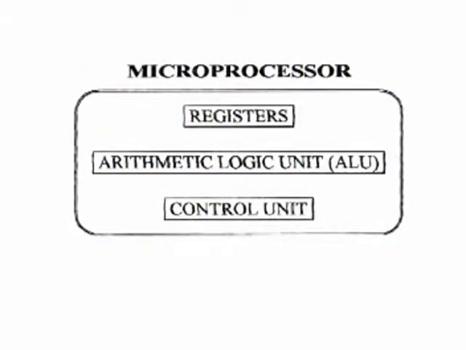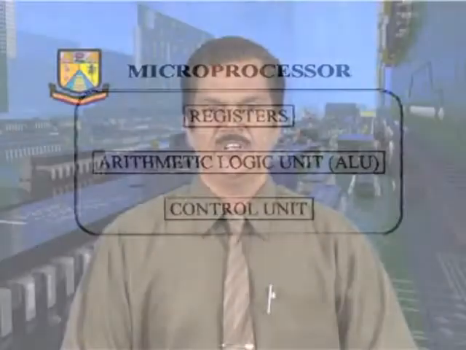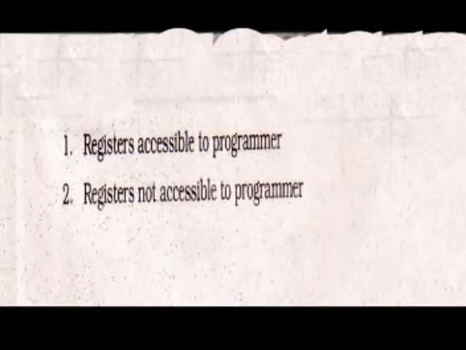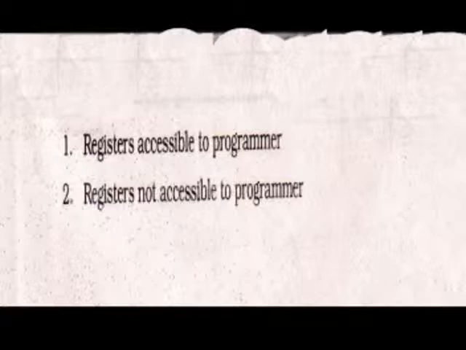One is the registers. You can see this in the second figure. Next one is the arithmetic logic unit, and the third one is the control unit. These are the 3 important units in a microprocessor. If anybody wants to learn about the microprocessor, they have to go through these 3 independent units. First, the registers. So the next figure shows you the registers.